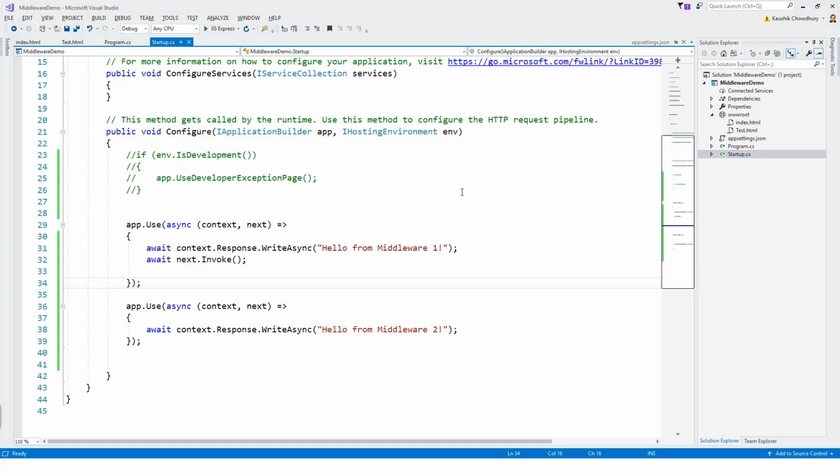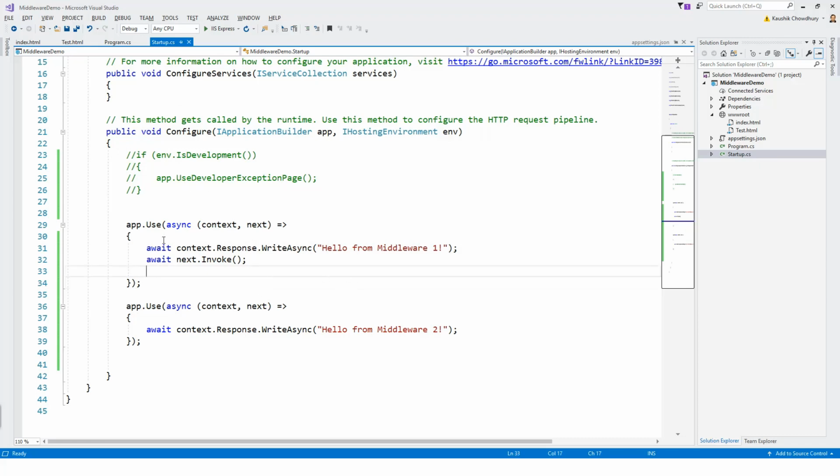Here all the built-in middleware of the ASP.NET Core framework get called, or you can write your custom middleware. I have intentionally kept this block of code: if env.IsDevelopment, app.UseDeveloperExceptionPage. We'll cover that in a bit more detail. So now